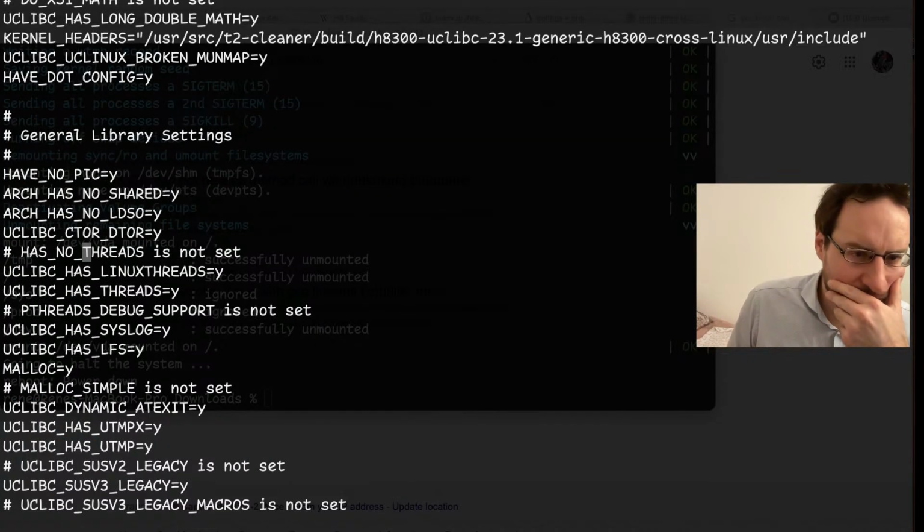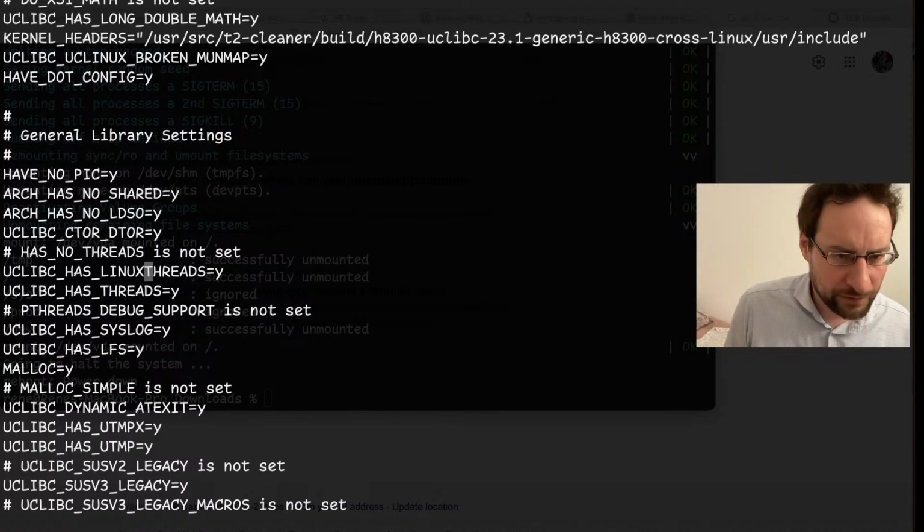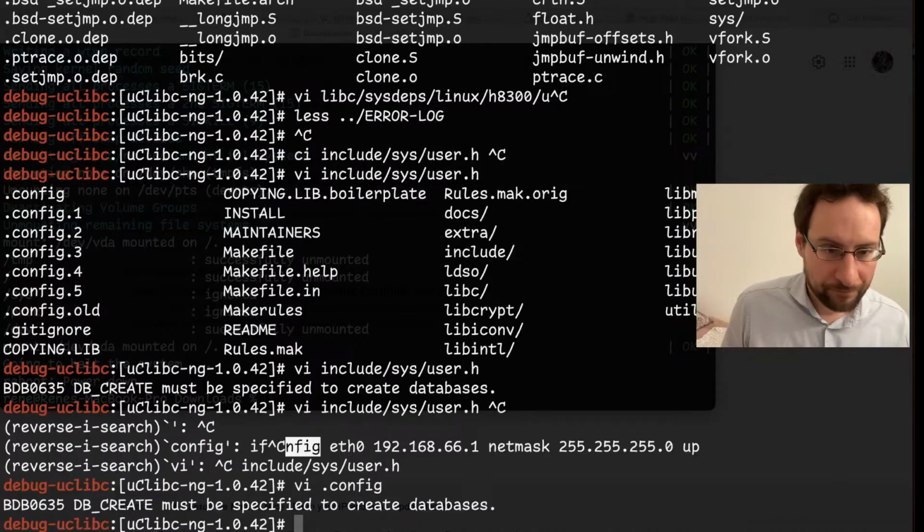Not sure that is threading related. Has no threads is not set. Has threads. Linux threads. Wonder which feature exactly that is.